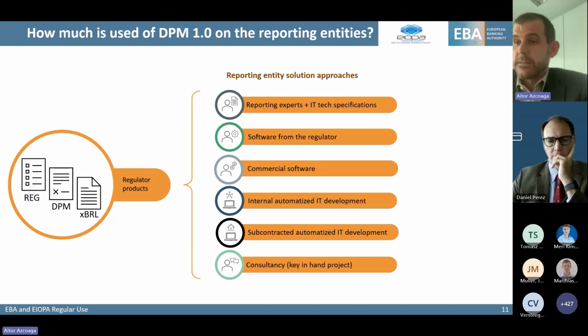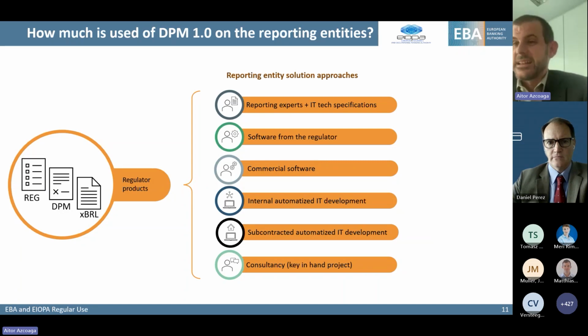The third option is a commercial software provider. So you buy a tool, which is very nice. There are very nice tools. We have like 40-50 tools now in the financial sector. They are very good, since EBA and EIOPA share quite a lot of the standards in terms of the DPM and XBRL. Before, it was quite separated: banking, and insurance and pension. Now it's a little bit mixed up. There are companies that, for the same cost, are able to support the banking package and the insurance package. So there is a good offer there, and you have very good commercial software for buying.